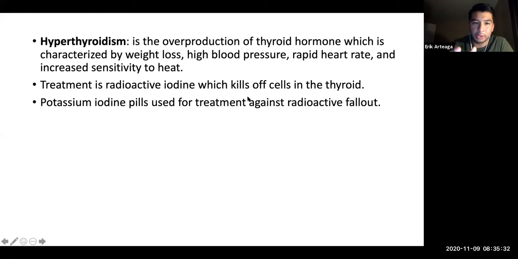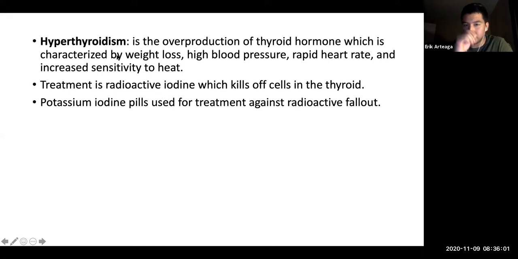So again, the thyroid is going to be utilizing the iodine. And the iodine in the body will concentrate in the thyroid. And again, you can use this mechanism to target that specific organ. Okay, so adding that radioactive iodine, that radioactivity will cause those cells to die, and then you can lower the amount of tissue that's present in the thyroid. Okay, thus lowering the amount of hormone that's being produced.